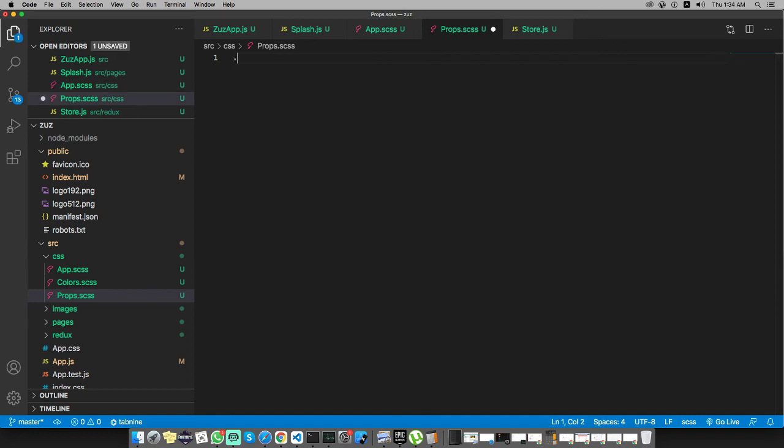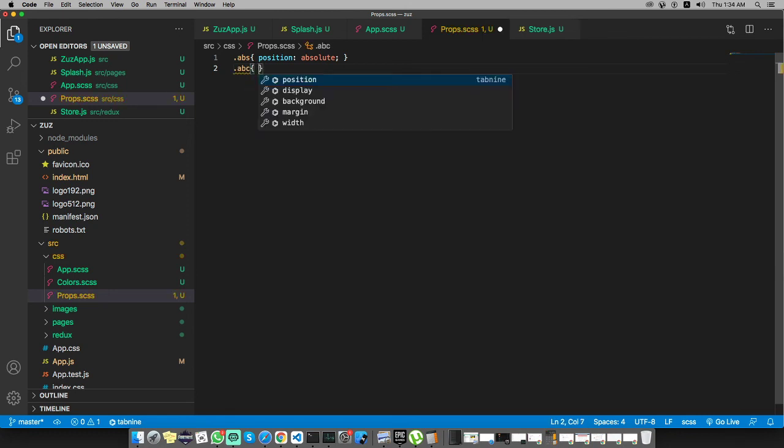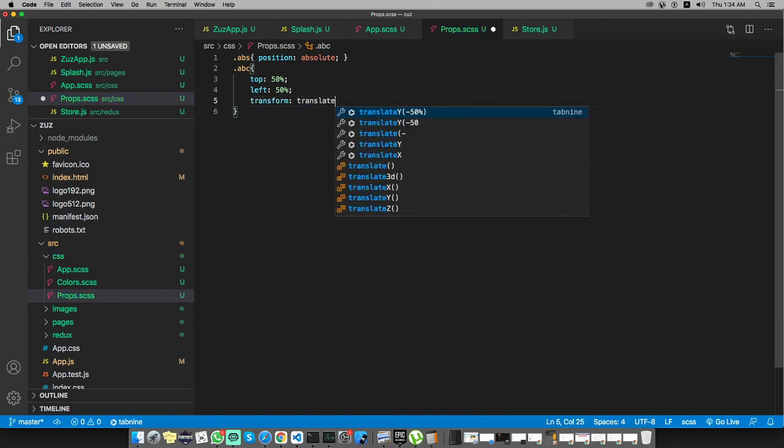So let's go inside props, and for now just add ABS, and the ABS will be for position absolute. Great. Oh, maybe I am talking great again and again. Maybe it annoys you, but ignore it. And I need to add ABC, and it will be position absolute center. For that we will use top 15%, left will be 50%, and transform translate will be -50% and -50%, and